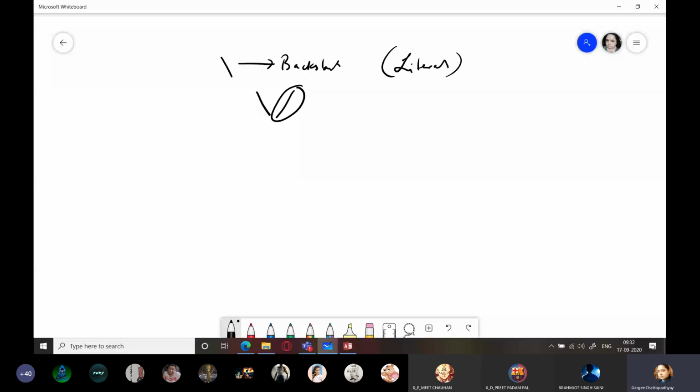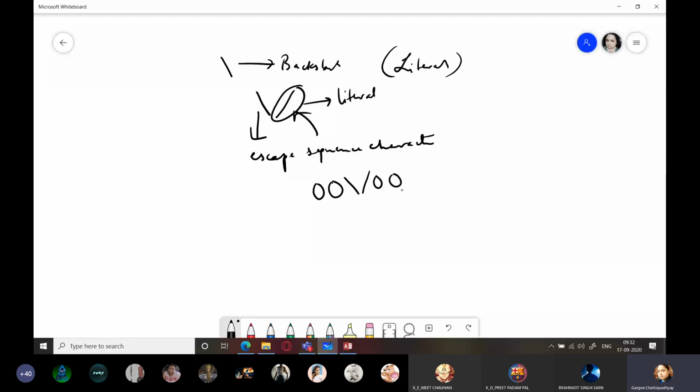So this forward slash is my literal. That is the character which I want to be displayed. And this backslash is actually the coding. It is creating an escape sequence character for getting this forward slash. So I entered it this way: 2 digits for month, followed by the literal forward slash, then 2 digits for date, followed by the literal forward slash, and followed by the 4 digits.